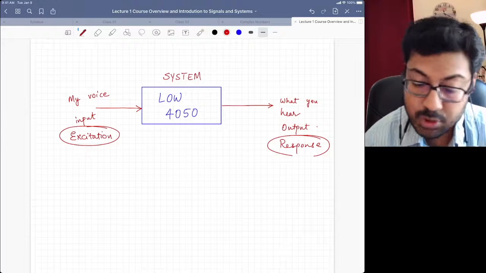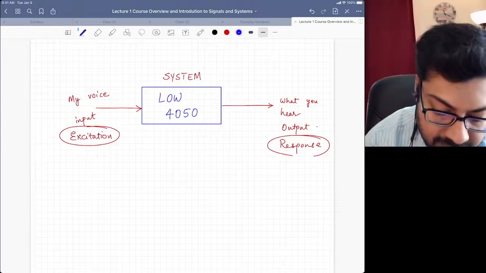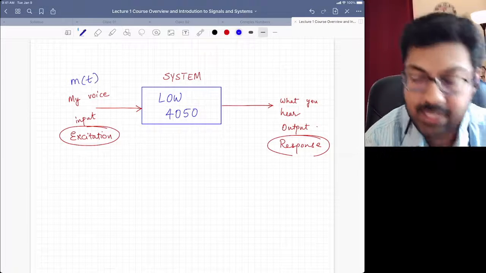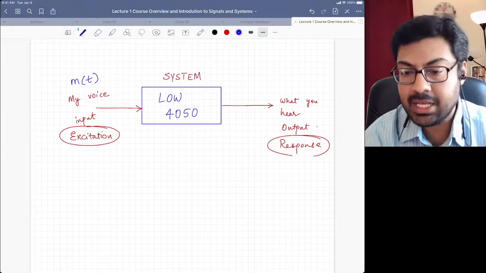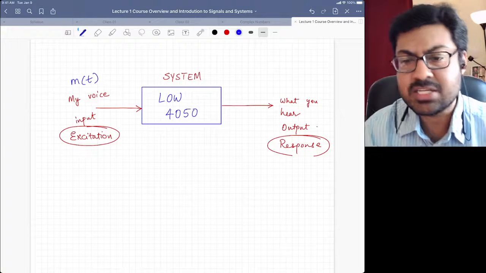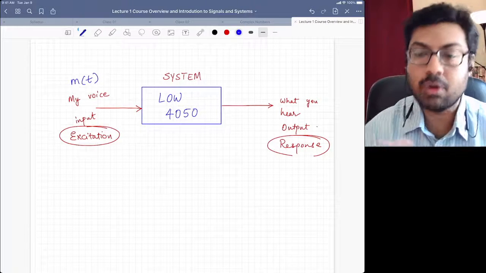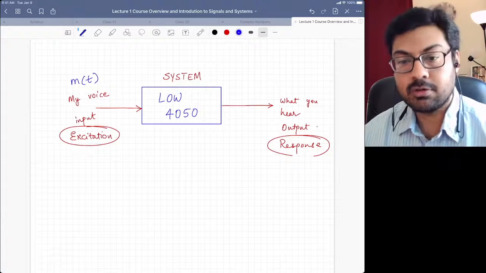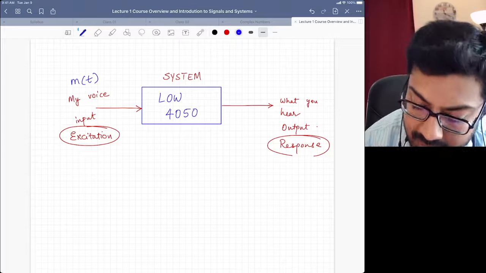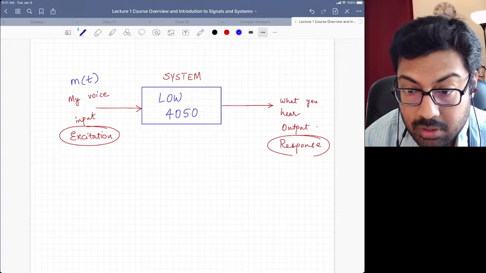That's a question I'm posing to you guys. So my voice, let us say I'm going to call this M of T. M for my voice, T meaning it is going to be a function of time. Let us say I'm monitoring the amplitude of my voice, the strength of my voice as a function of time. And what you hear, is it going to be equal to,